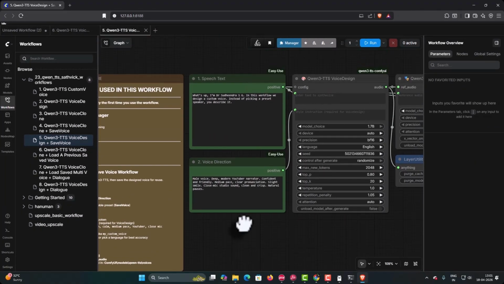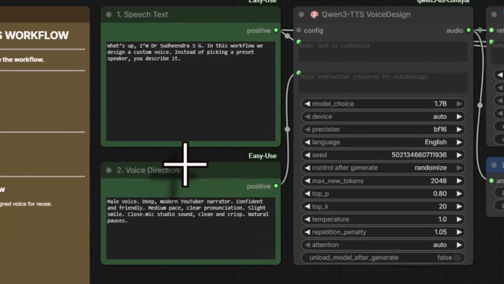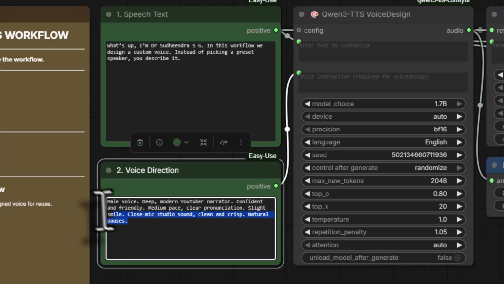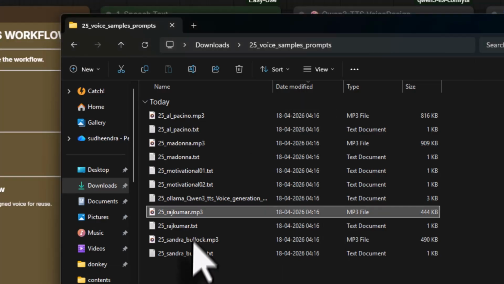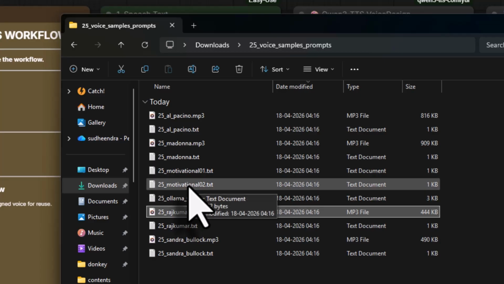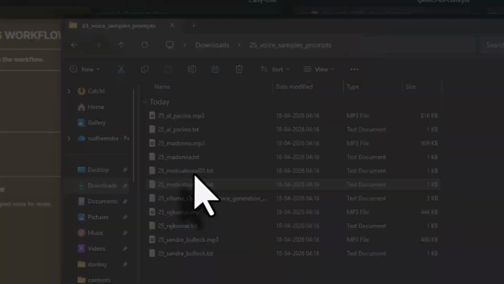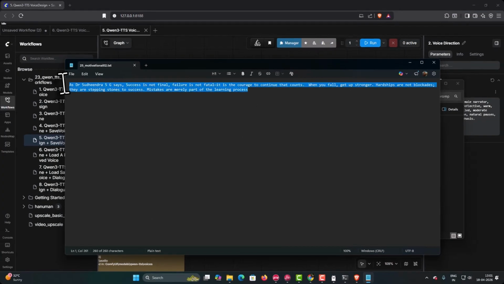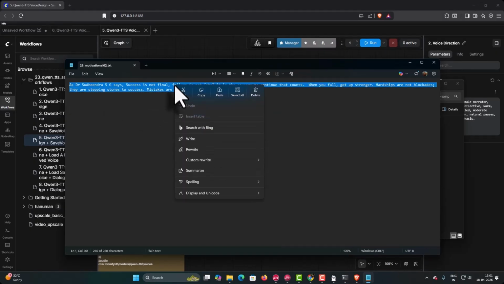And you can see here, you have two prompt sections. One is speech text and another is voice direction. And here in voice direction, I am going to paste this prompt I got from ChatGPT. And then in speech text, in this folder, I have provided you with another motivational 2.txt. I will double click to open it, copy the entire prompt, select the entire text here, right click and copy